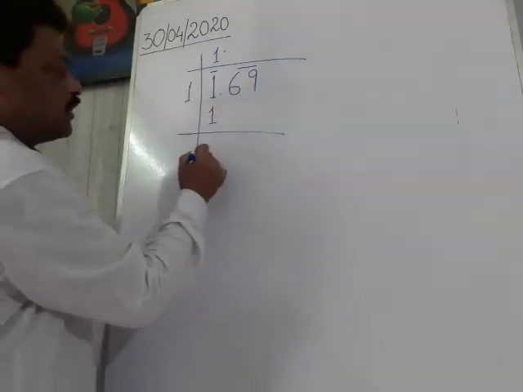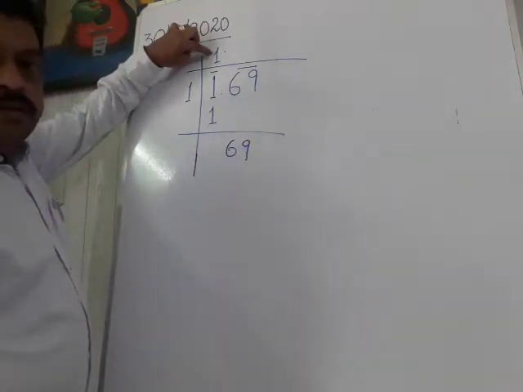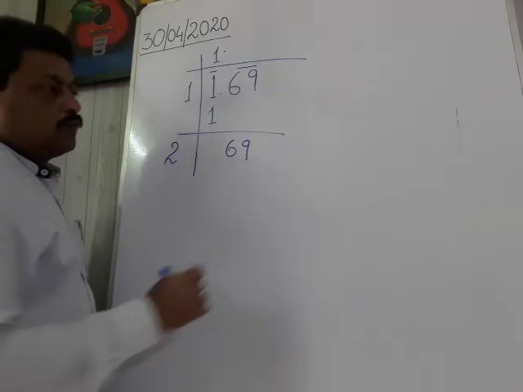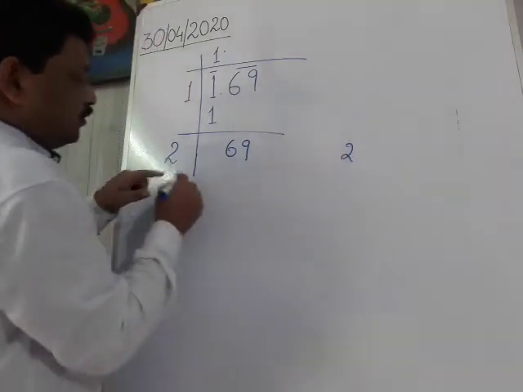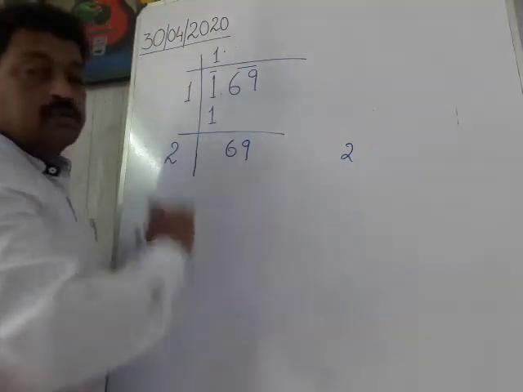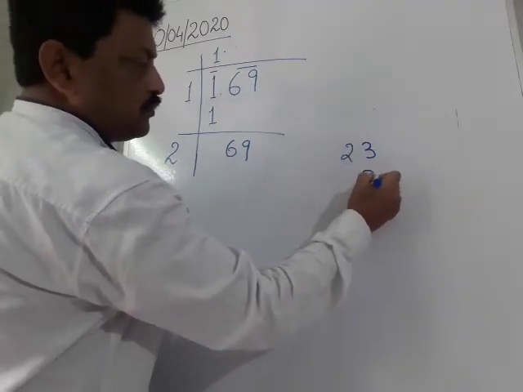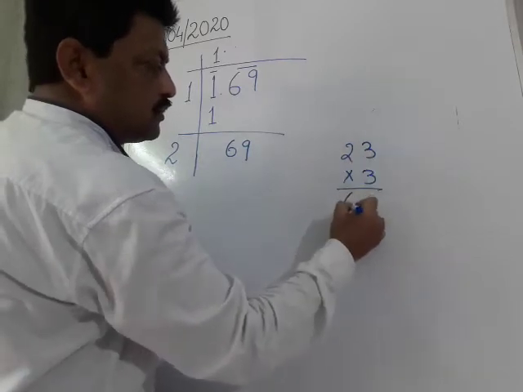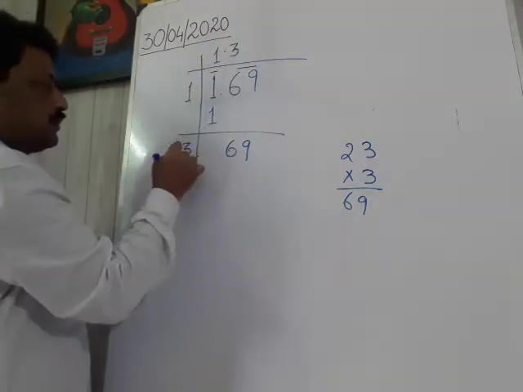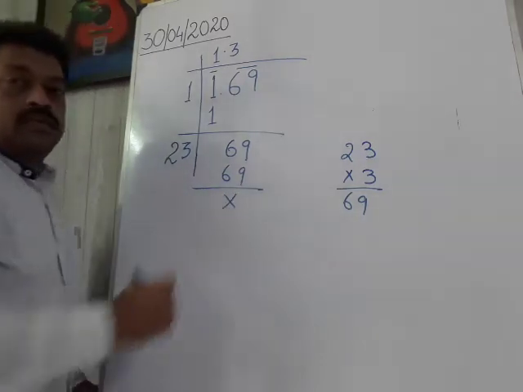Now the second group will come down, that is 69. This quotient we have to double it, that is multiply with 2. So this will become 2. Now we have to think of a number which should be written here as well as here, so that its product is equal to 69. So I am using 3. So I have to write 3 here also. So this is 69, means I have to write 3 here as well as here, and 23 multiplied by 3 is 69. So our division part is over, remainder is 0.